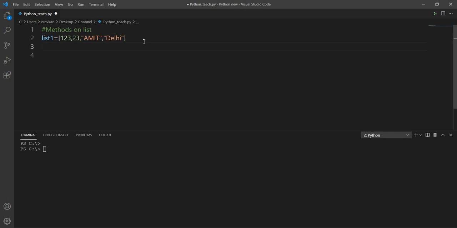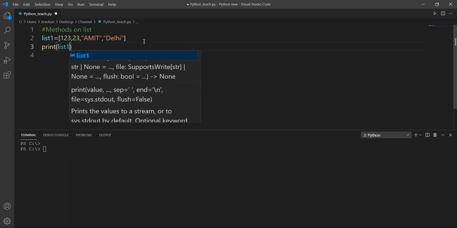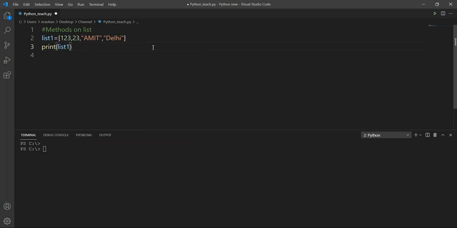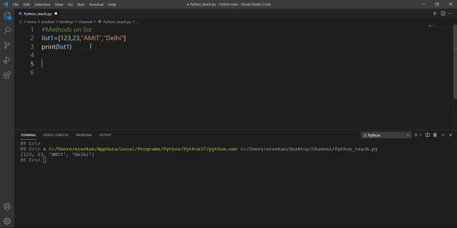So first, let me print my list. Print list one. This is a list. The first method I am going to discuss is the del method in list. The delete method is used when I want to delete anything from the list by taking the index number. So this is 0 index, this is 1, this is second, this is third.